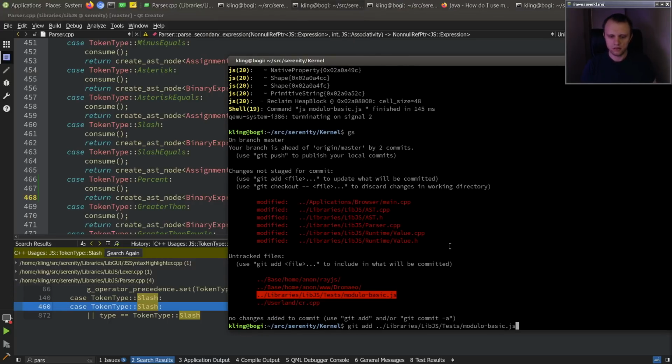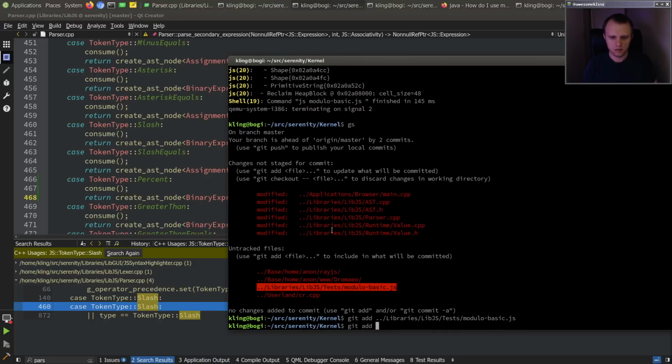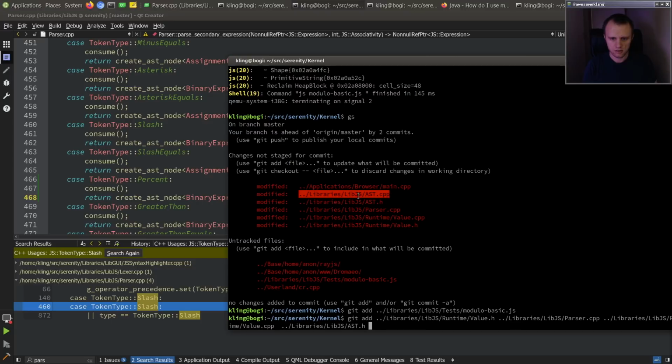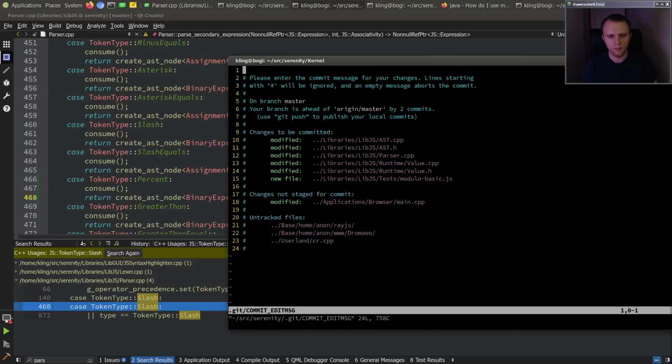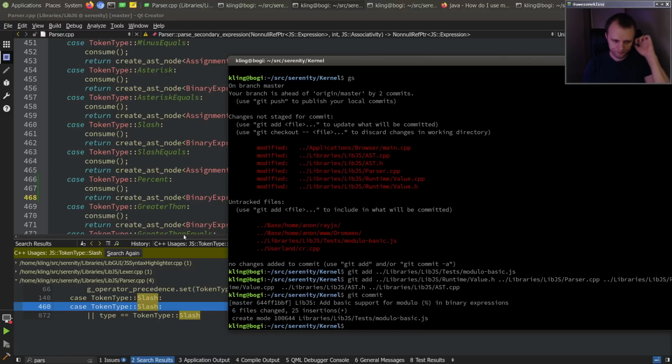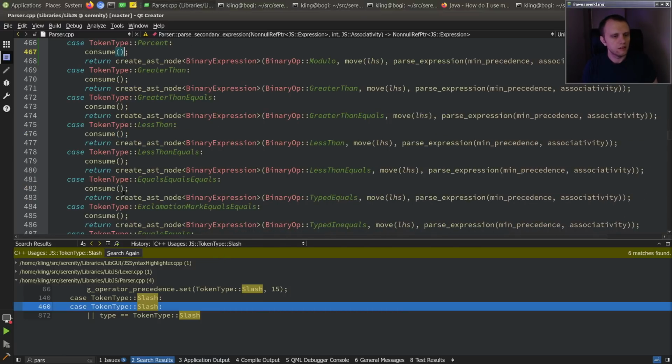So we'll add that and this and that. JS: basic support for the modulo binary expressions. Okay. And then